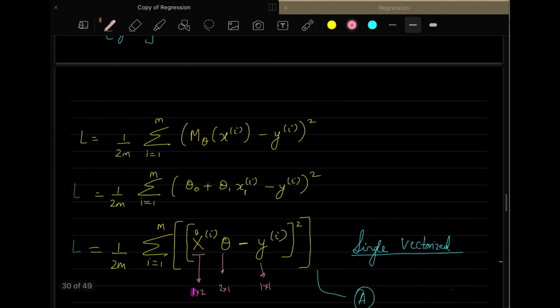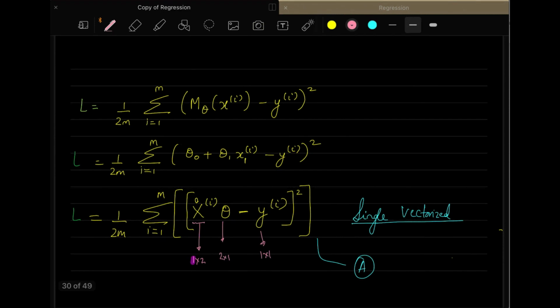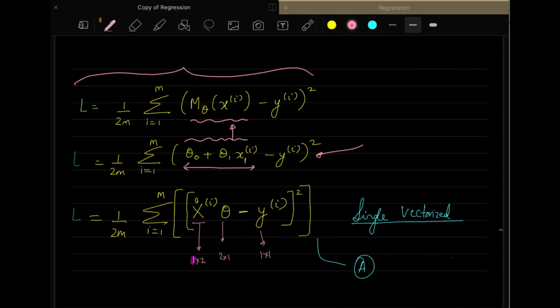Here I represent this equation again, which is the loss function we are already talking about, and you represent this h theta xi with theta 0 plus theta 1 xi. It's as simple as that. Earlier I was replacing this by this to reduce the mathematical complexity, and now I am doing the reverse. It's nothing more than a mathematical substitution. So here you have this loss function. Now the important thing is that we will try to replace this by a matrix format.